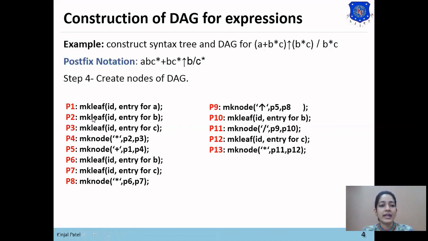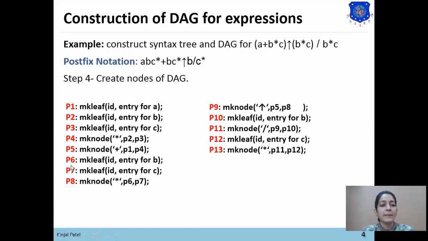Here you can see that the B star C expression is stored in the values P2, P3 and P4. Now again the B star C value is stored in P6, P7, P8. So in DAG we won't create these repeated nodes, we will directly link the next expression to the already created sub expression.